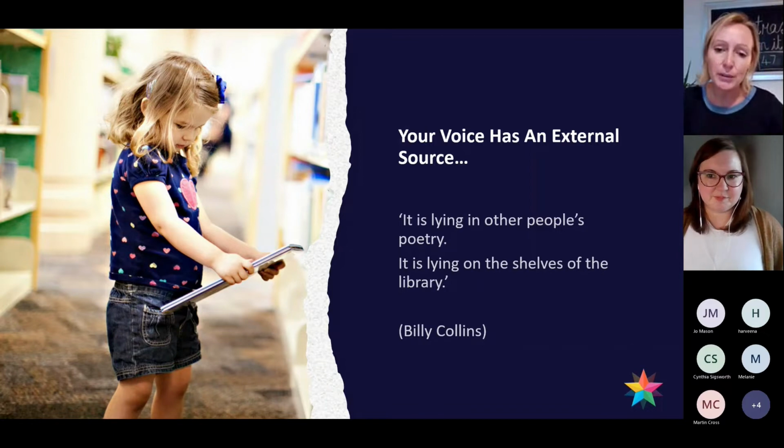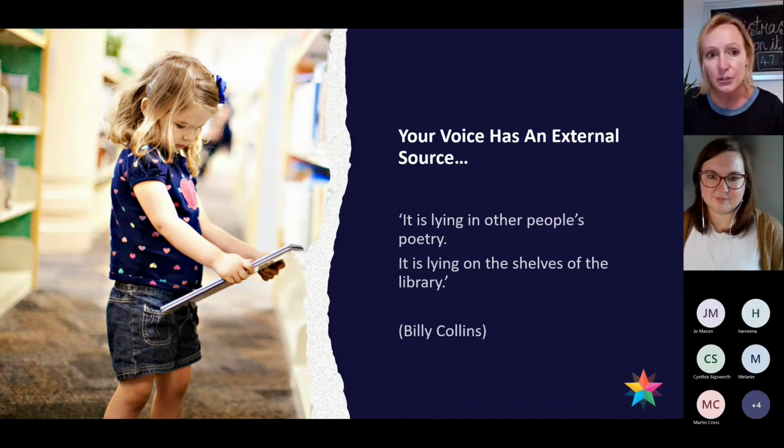And this is a really interesting story from the former poet laureate in America, a guy called Billy Collins. And he was invited along to the White House in America, I think by Barack Obama. And he was invited along to talk to a group of young children about poetry and how he writes his poetry and how he gets his ideas and how he expresses what he wants to say. And one of the children asked him, how do you find your voice? How do you find that voice that comes across in your poetry?